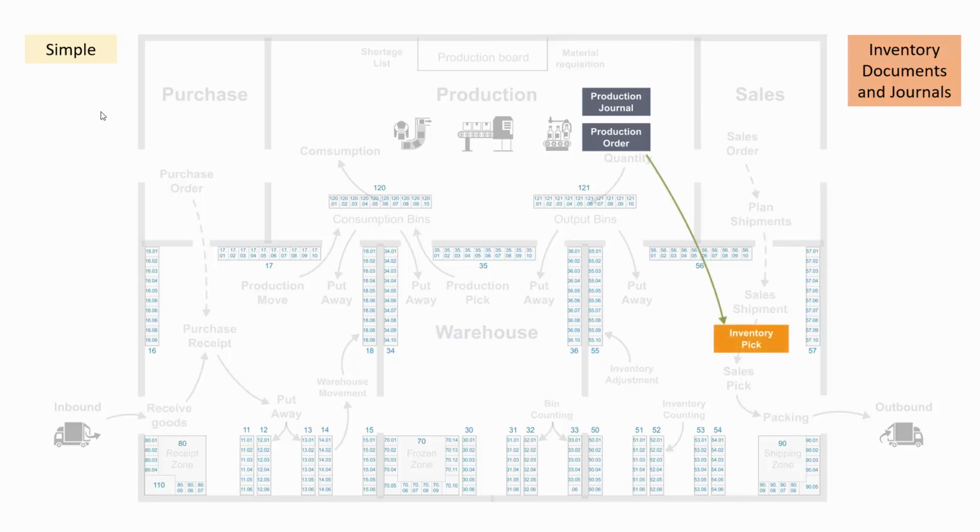From the production order, you can create an inventory pick directly. And when you post the inventory pick, it will also post the consumption for the production order. You could also make an inventory movement directly to actually move the items into the area of the production order, and then you can use the normal consumption journal to do the consumption. So it's possible to consume both from the production order and the inventory pick.